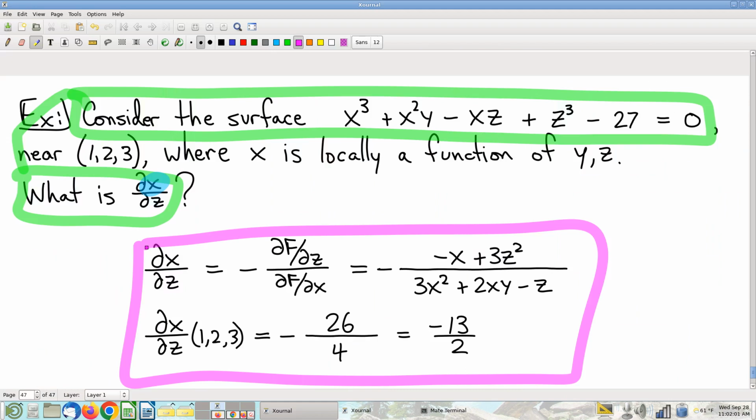Yeah. So if you didn't check to see if it was locally a function and just tried anyway and it wasn't, would you just get a divide by 0 situation? You probably would. There are some situations where there would be an algebraic cancellation that would make the denominator 0 kind of go away. But that's not really the worst part of it. The worst part of it is if you start writing down derivatives of things that you don't even know if they're functions, then it's kind of like